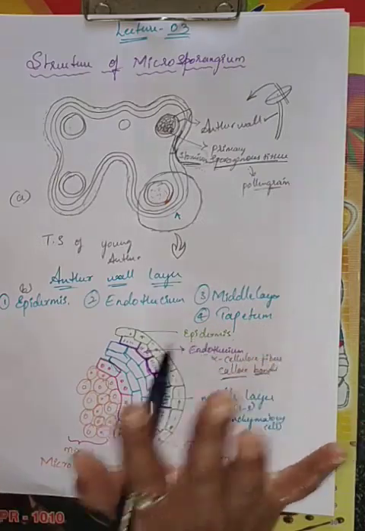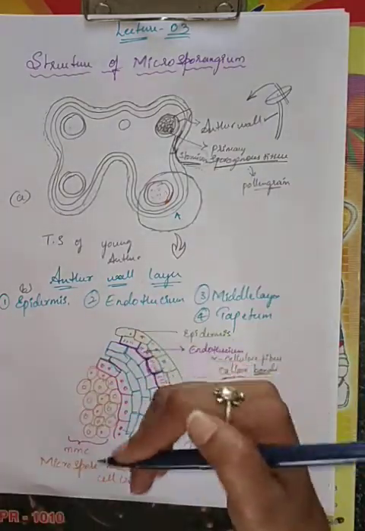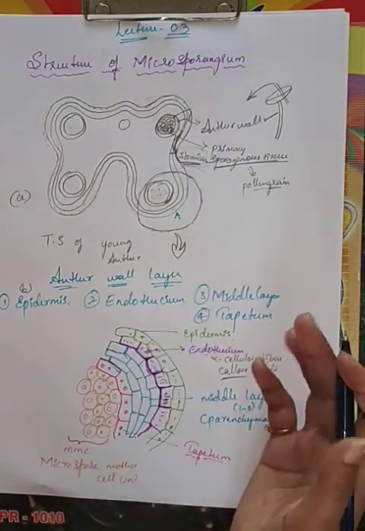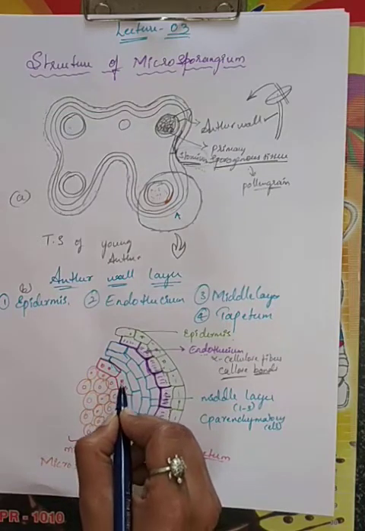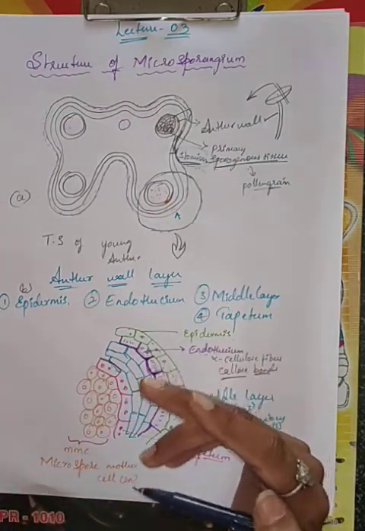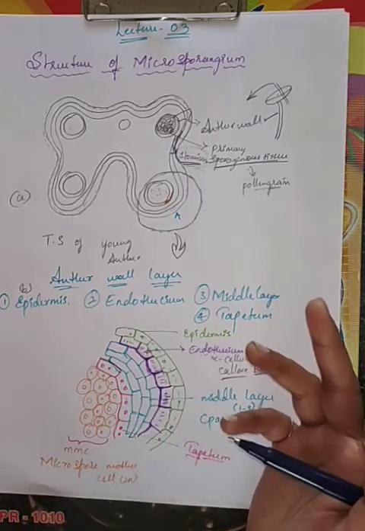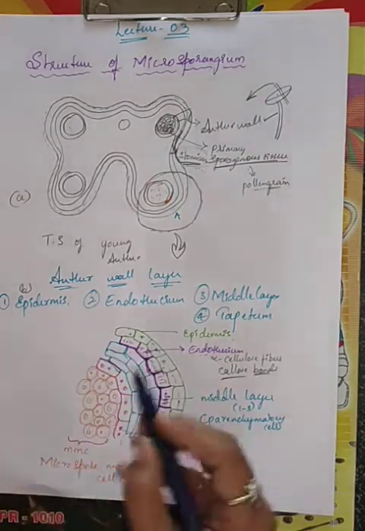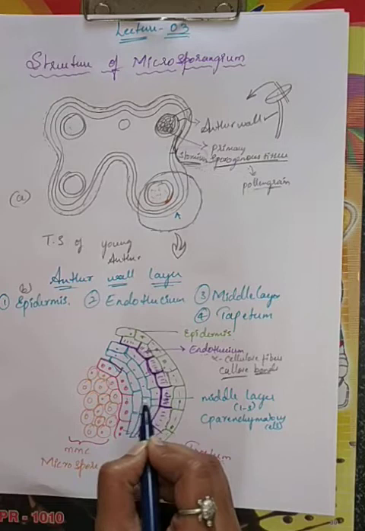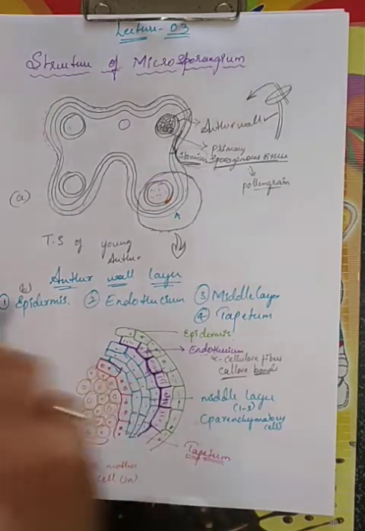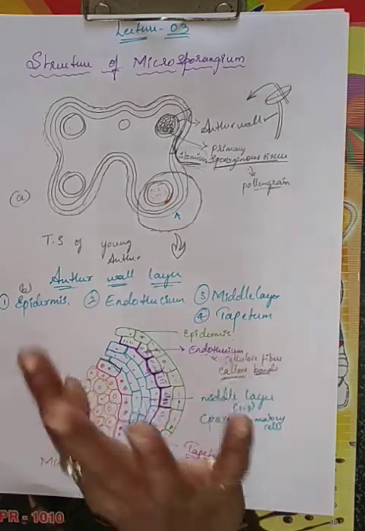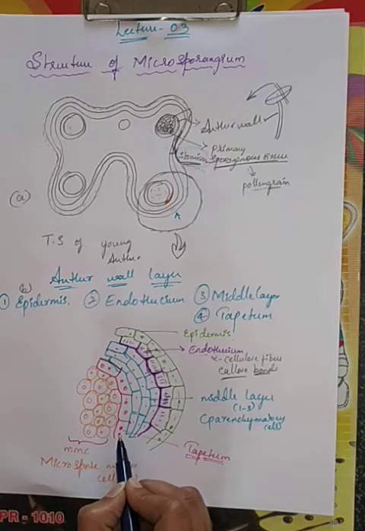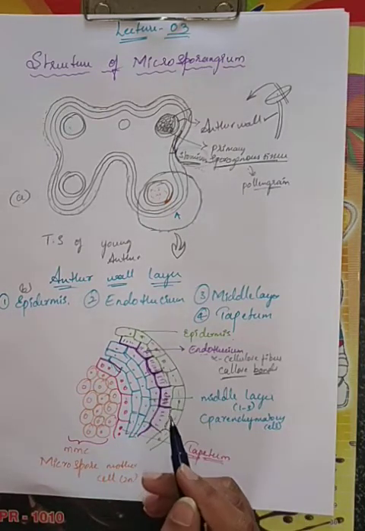2n number only. But after some maturity of the anther, what happens? That becomes polyploid and multinucleate. See how many nuclei I drew. I drew two nuclei, meaning multinucleate condition, which you can see only in the tapetum. Other than this, all the cells will have only one nucleus, children. Every cell should have only one nucleus. You learned this about the cell in first year. But in the tapetum it becomes multinucleated and polyploid.